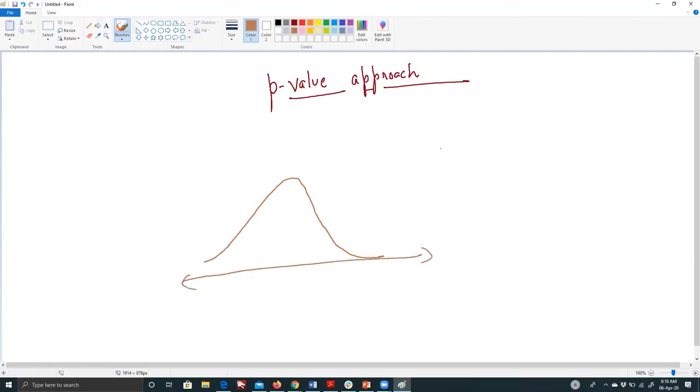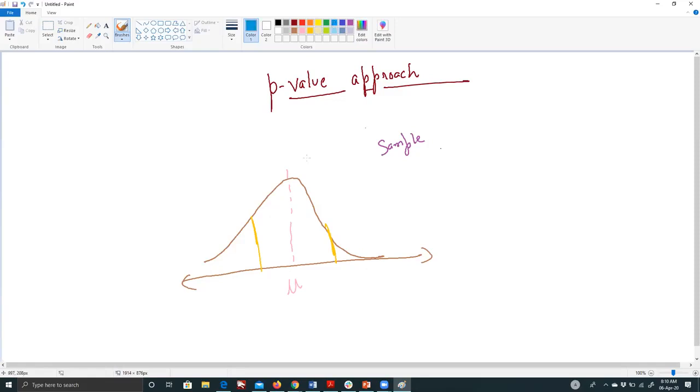Consider this as your question. Here is your mean. Then based on the confidence interval, let's say you have, although this is not a very good design, a certain range. Now, basically the idea is very simple: you will take a sample